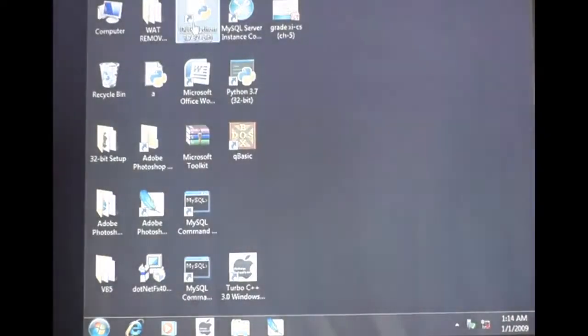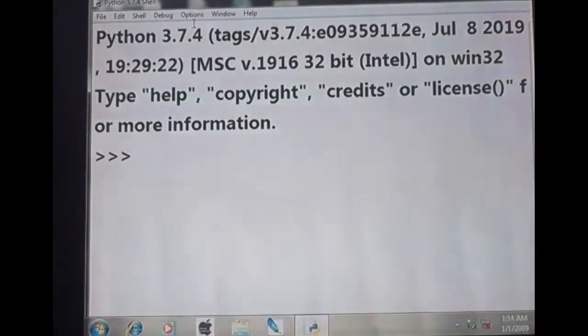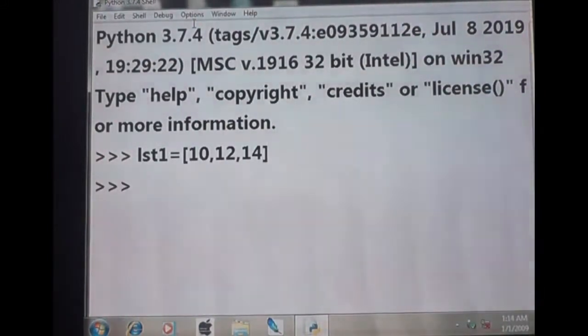Shall we close this one? Now we are going for the next question. Suppose list 1 is equal to 10, 12, 14. Now if I give list 1 plus 2 and press enter, what is the output?